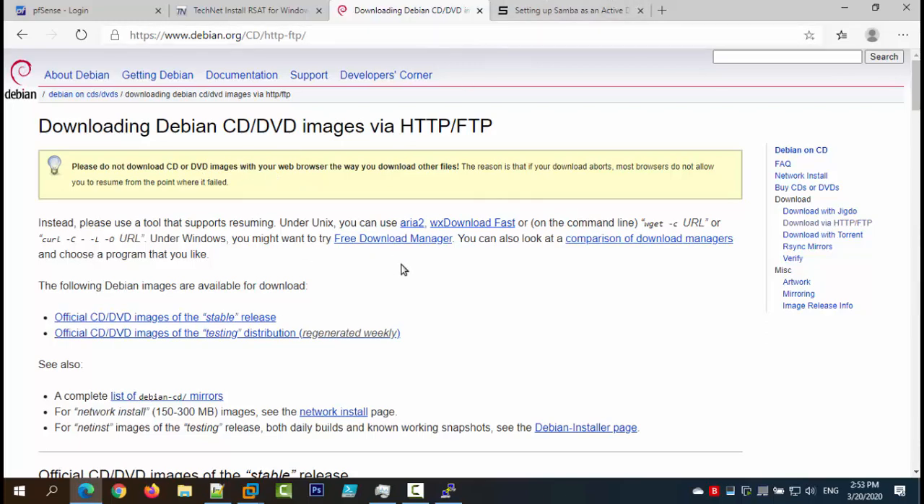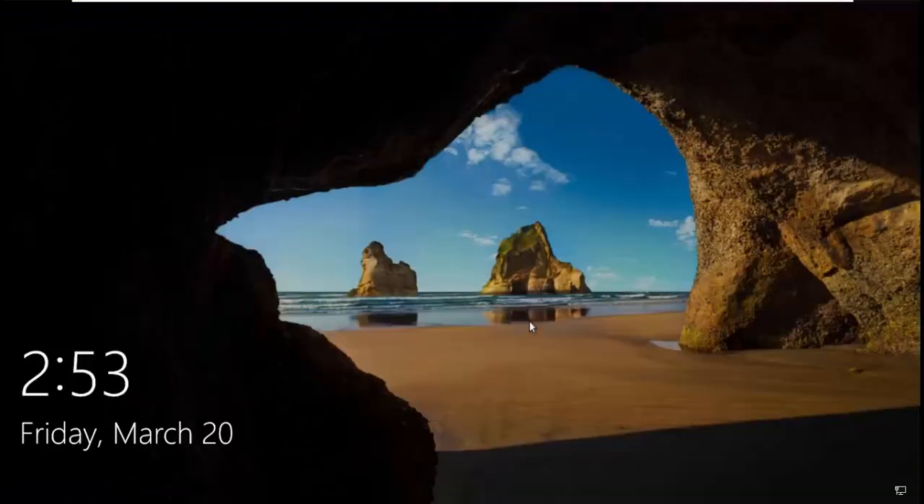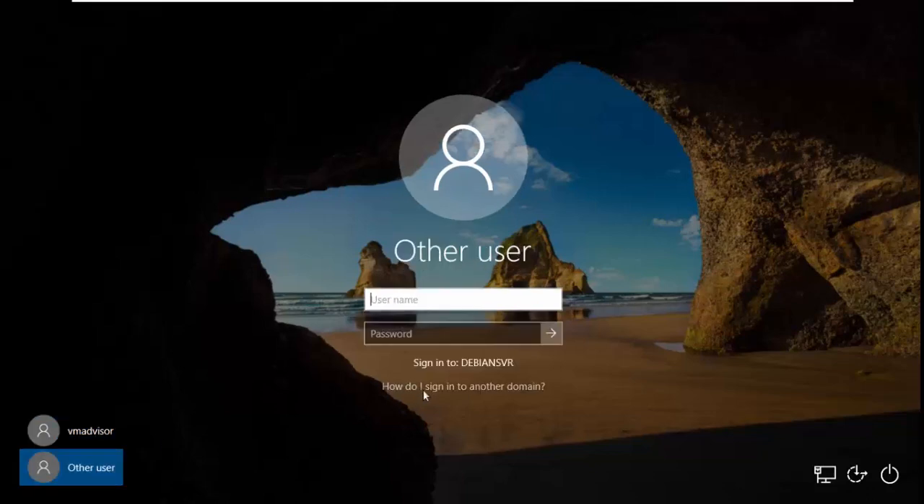And if you need to install Debian, here's the Debian website. So let's go back here to our dual boot. It's already up. Okay, so now we're going to click on Other. And you can see here it says Debian Server. So you can go ahead and type in Debian Server